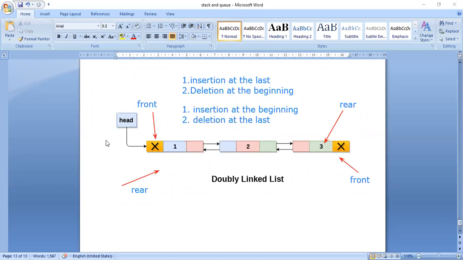Now, previously we have seen different types of queues, that is DQ. I think most of you have remembered that one. DQ, double-ended queue. So in a double-ended queue, what will I be doing?